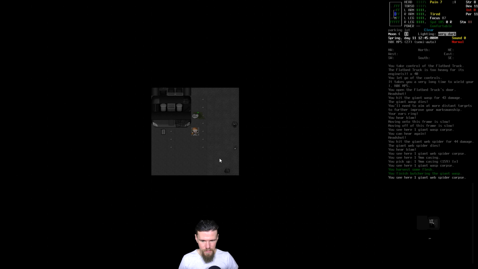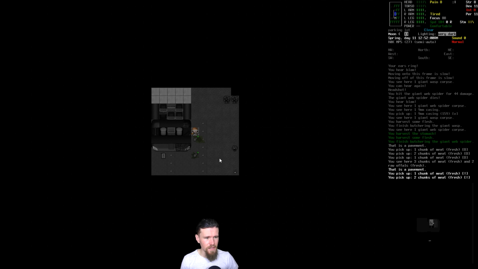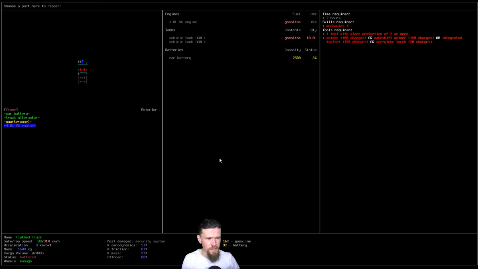I'm going to continue butchering these two though, because we could do with that meat. I'm going to leave the offal for now, because offal, unless it's cooked right, doesn't seem to help us out very much. This is a real shame that the engine is so damaged, and now that we've actually got a little bit of time, we might be able to repair it. We don't have a hell of a lot of duct tape, but we might have a little bit to be able to do it. Mechanics 4, of course, because it's a freaking engine. And it looks like we can't just do it with,